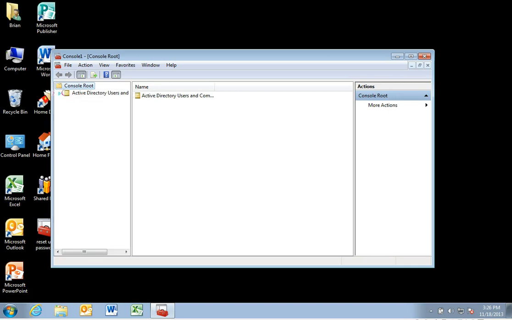So I've added the snap-in, and unfortunately the snap-in by default shows the entire domain tree with all the different organizational units, and I don't necessarily want my